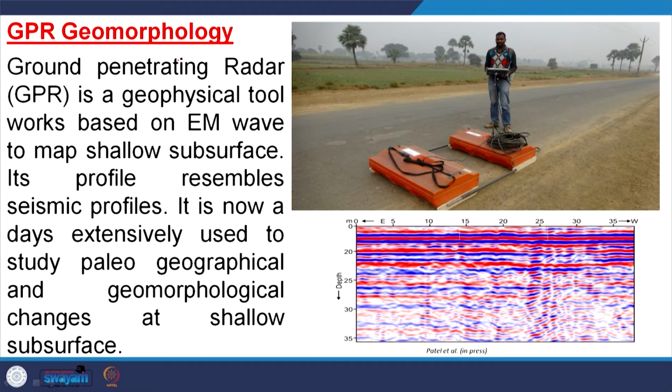GPR stands for ground penetrating radar. It is equivalent to seismic. However, if you see, this profile is looking like a seismic profile, but actually it is a GPR profile. So, here we get some geomorphic information in the recent geological past. Depth wise its restriction is there, up to 45 meters or 40 meters or 50 meters or so. So, at the shallow subsurface level, we can unravel what geomorphic processes were involved in their formation in the recent geological past.